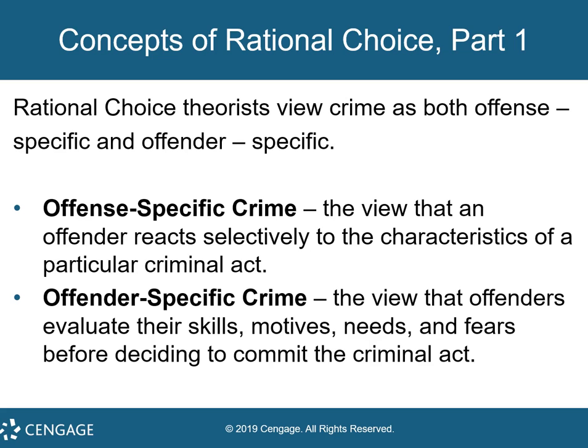So take, for instance, the decision to commit a burglary. Offenders might consider things like the target, the yield, what they're going to get, security devices, police patrols, likelihood of arrest, the ease of getting in and out, or even selling the stolen property. Are the people home? Neighbors might see me. Are there guard dogs? When I get in, how do I get out? And point of entry and point of exit. So that's the